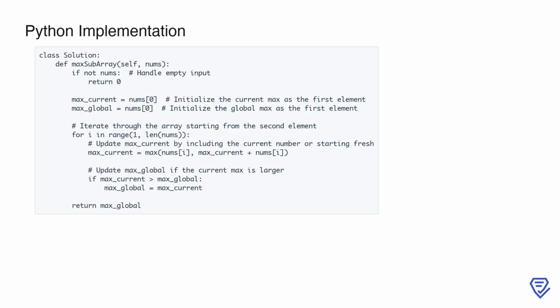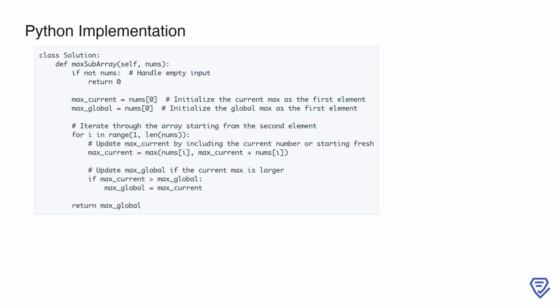At each step, max_current is updated to be either the current element, nums[i], or the sum of max_current and the current element. This ensures that we either extend the current subarray or start a new one, depending on which yields a higher sum. If the updated max_current is greater than max_global, max_global is updated to reflect the new maximum sum encountered. 4. Result. After processing all elements, max_global contains the maximum sum of any contiguous subarray in the input array, which is returned as the result. This implementation is efficient and concise, requiring only O(1) additional space and ensuring that the solution scales well even for